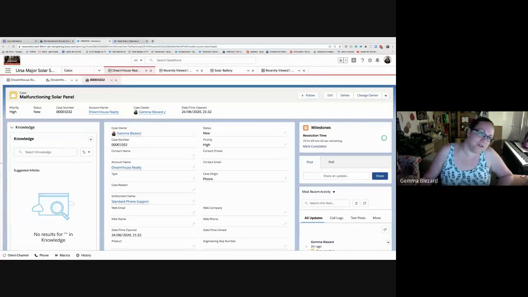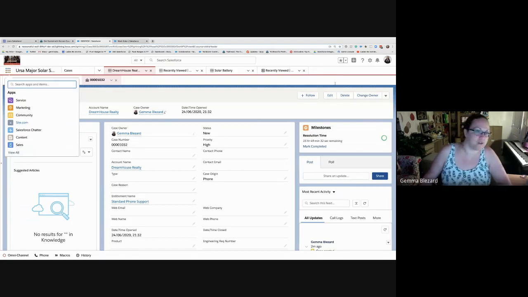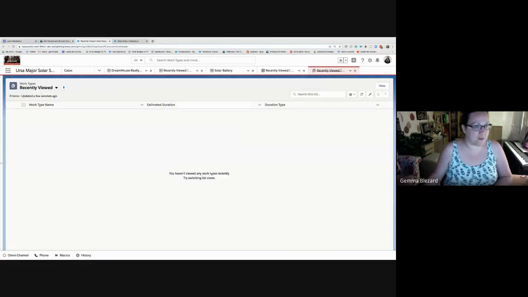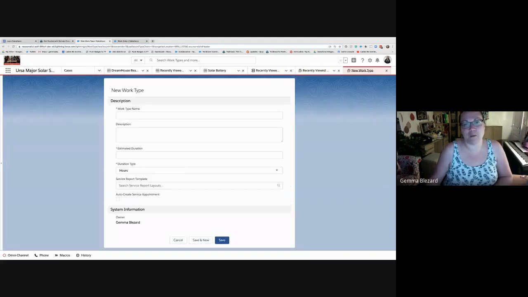One of the things we need to create is work types, and they are basically held in what's called a custom object. Sorry, we talked about custom objects. And it's called work type. So we're just going to come into here and add in a couple of new ones. The new one is called emergency repairs, and this is effectively a way of saying what type of work is it, how long does it take typically,